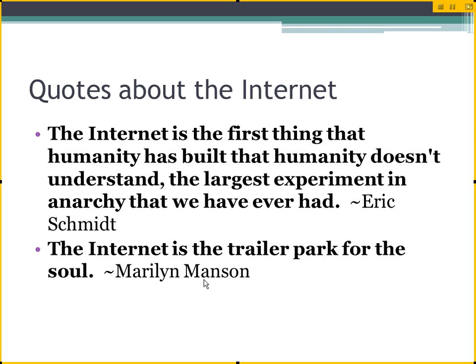"The internet is the first thing that humanity has built that humanity doesn't understand, the largest experiment in anarchy that we have ever had." This is from Eric Schmidt, the former CEO of Google. So that's deep. The largest experiment in anarchy that we have ever had. And again, think of our responsibility as teachers and what we can do, what light we can share